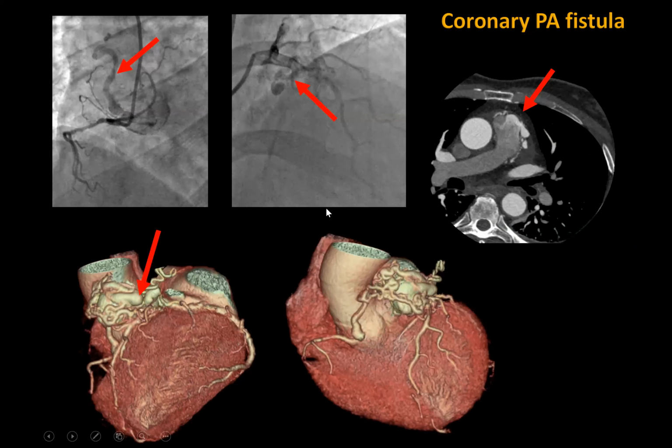And this is not a clinically important case, but sometimes we are asked to look after an invasive catheter angiogram. Here is a case where you see multiple aberrant vessels in the catheter angiogram, but they couldn't find the draining point. So they asked for a coronary CT angiogram, and this coronary CT angiogram clearly showed an aberrant vessel from the LAD and also another vessel from the RCA and from an abnormal vascular network over the pulmonary artery, and ultimately draining into the main pulmonary artery. So here CT angiogram very clearly guides the clinician to where the aberrant vessels drain.